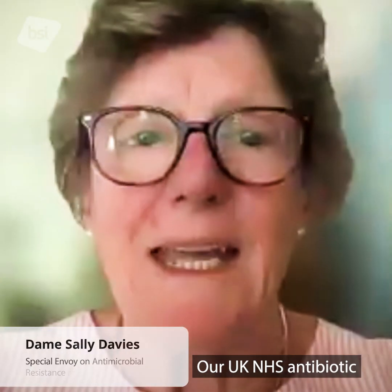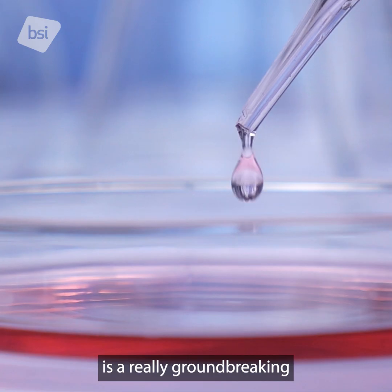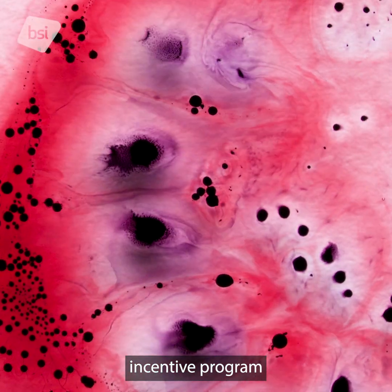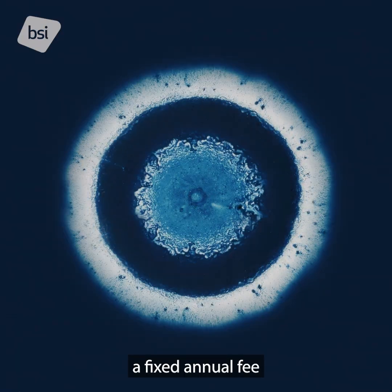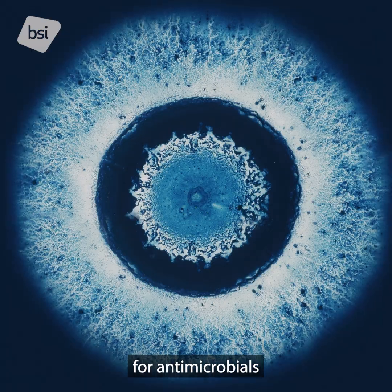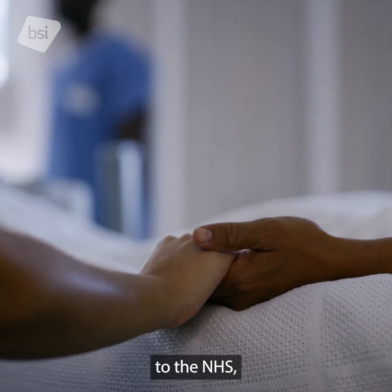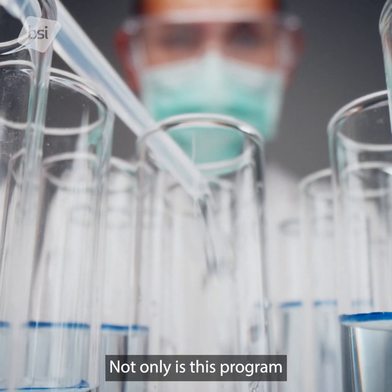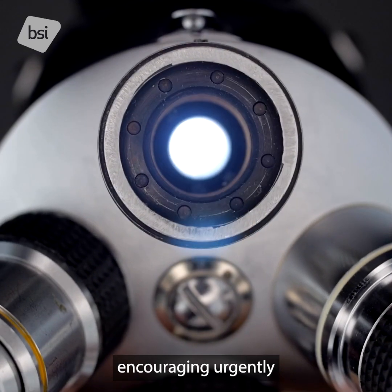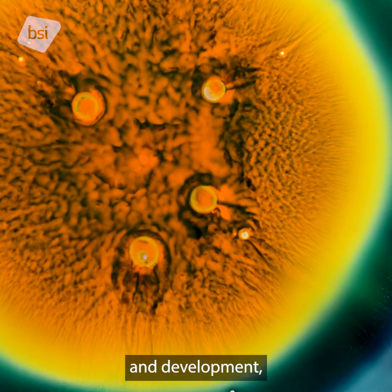Our UK NHS antibiotic subscription model is a really groundbreaking incentive programme and the first in the world to pay companies a fixed annual fee for antimicrobials based on their value to patients, their value to the NHS, as opposed to the volumes used. Not only is this programme encouraging urgently needed innovation in pharmaceutical antimicrobial research and development, but